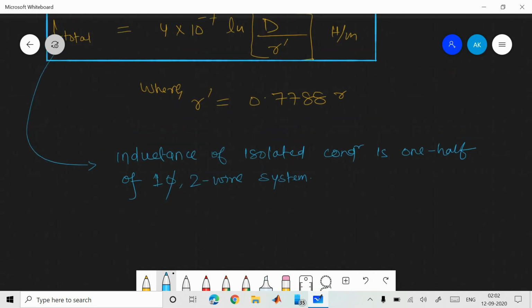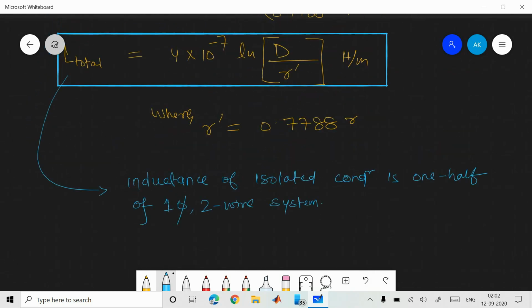Okay, so in an isolated conductor, your inductance was 2 into 10 raised to the power minus 7 ln d by